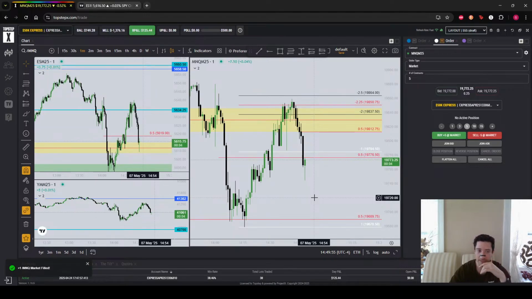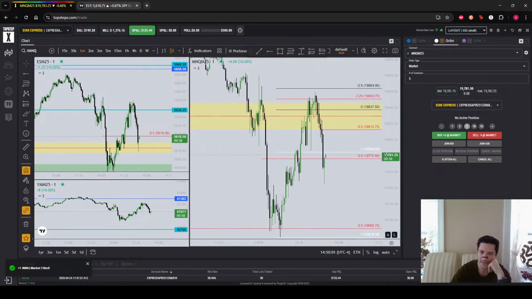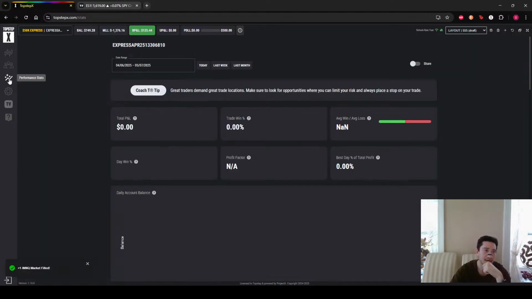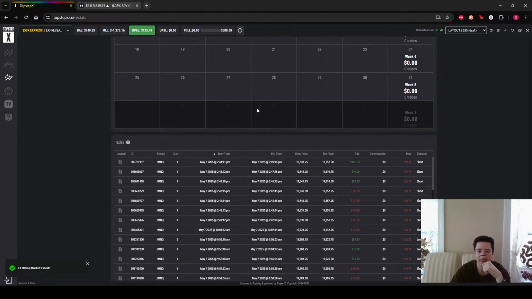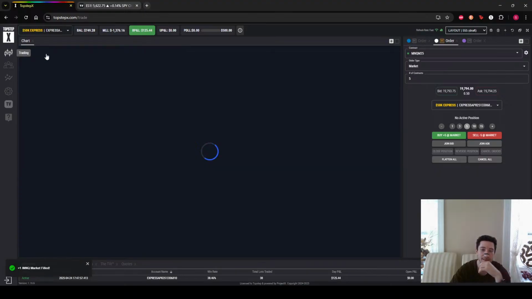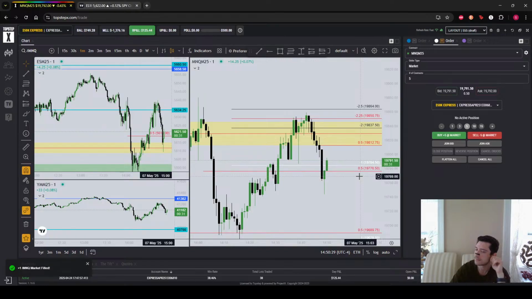But yeah, I'm debating on being done with the XFA for now and switching back to the Combine account, just because now I'm kind of in between draws. I'm happy to put in the 125 day. I'm getting sort of closer. I mean, we had 375, 248, $1.30, a couple even days on week 1 of trading it. Now, like I said, I'm really just trying to lock in $200 days. It's a shame I didn't hold more size, because that obviously would have qualified, but it is what it is. I'm trying not to rush the account. I want to try to trade it smart.